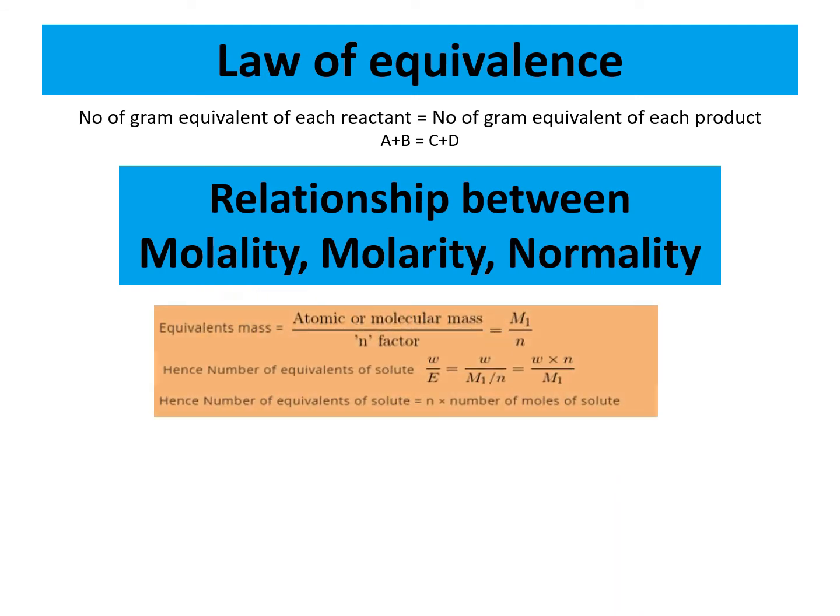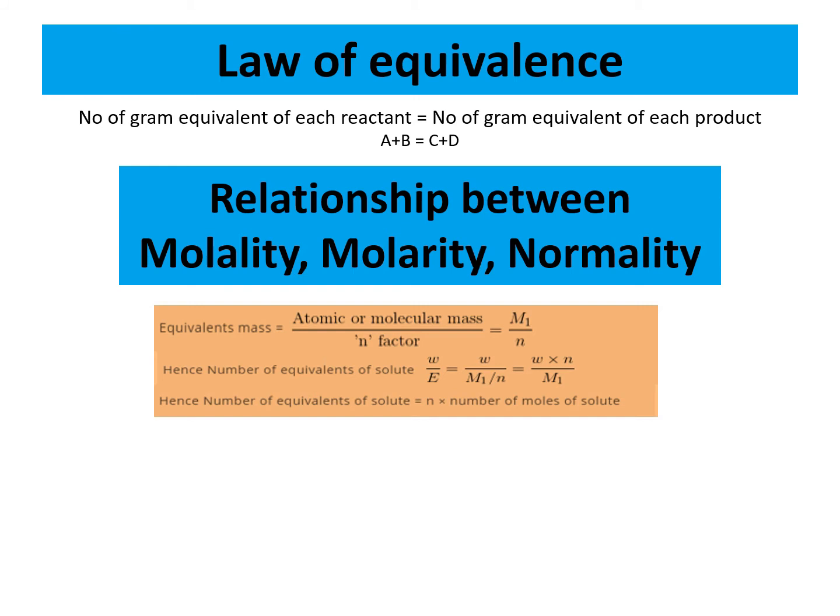With the help of equivalent mass, equivalent weight, we are going to see the relationship. What is equivalent weight? Weight divided by its valence number, otherwise weight divided by its n factor. That is molecular weight divided by its n factor. Molecular or atomic weight, whatever it is. If it is a molecule, we have to take it as a molecule, or if it is an atom, you have to take it as an atom weight. So, m1 divided by n. This is the equivalent weight. This we call E.